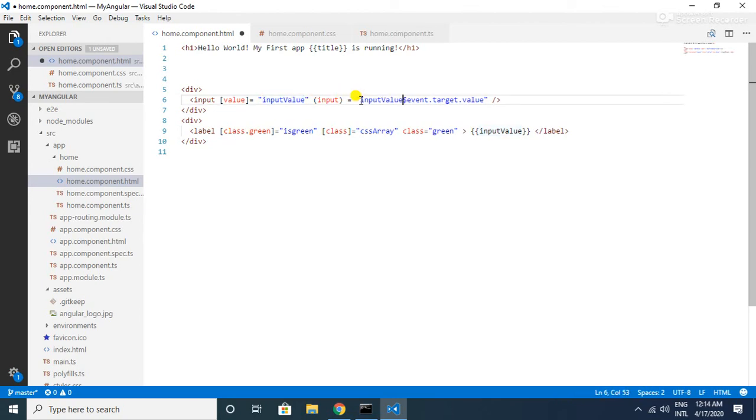So inputValue is equal to $event.target.value.